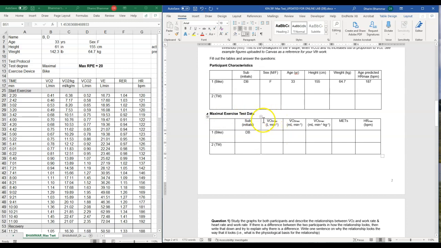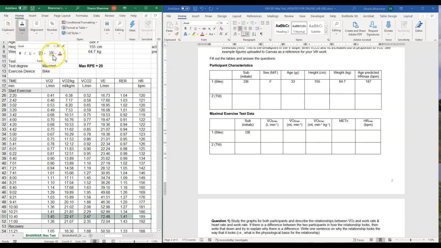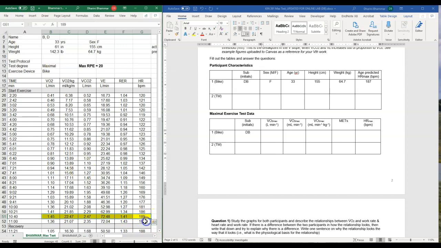Now you have to find what my maximum VO2 was. So if you look at the Excel sheet, that's where you will get the oxygen uptake or VO2 for every interval during the incremental exercise test. And you can see over here that the numbers are getting bigger. What you have to do is find the highest number and then highlight that line. You can highlight it with the heart rate if you want in the beginning, but then you'll have to make sure that you check that there isn't a bigger heart rate.